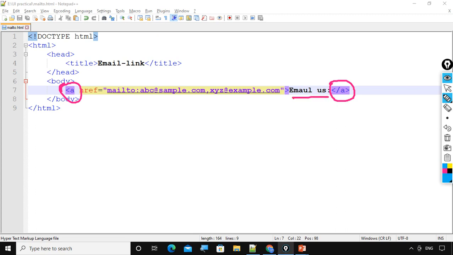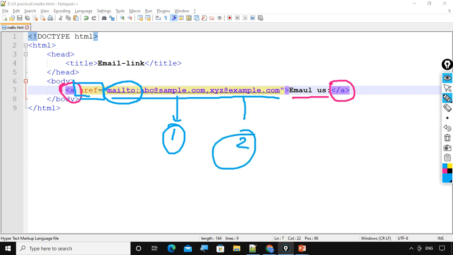Now in the anchor tag we have the mandatory attribute href with a value. This value is starting with mailto colon, and then we have our first email address, then we have the second email address separated by comma. So this is our code.